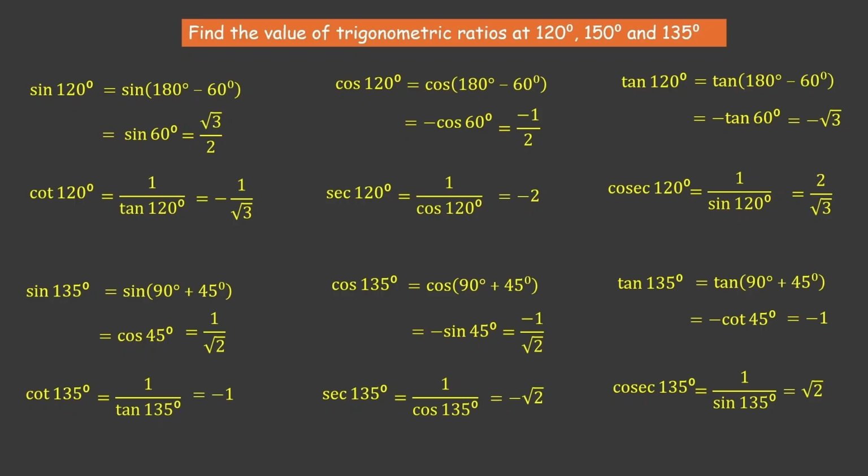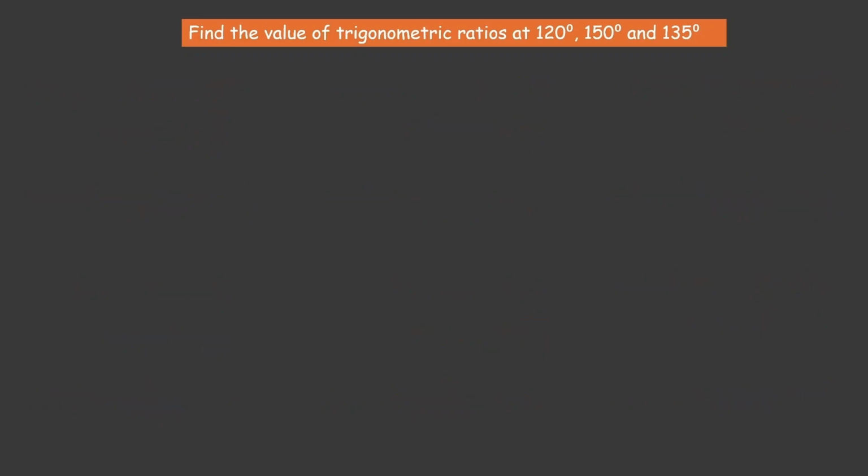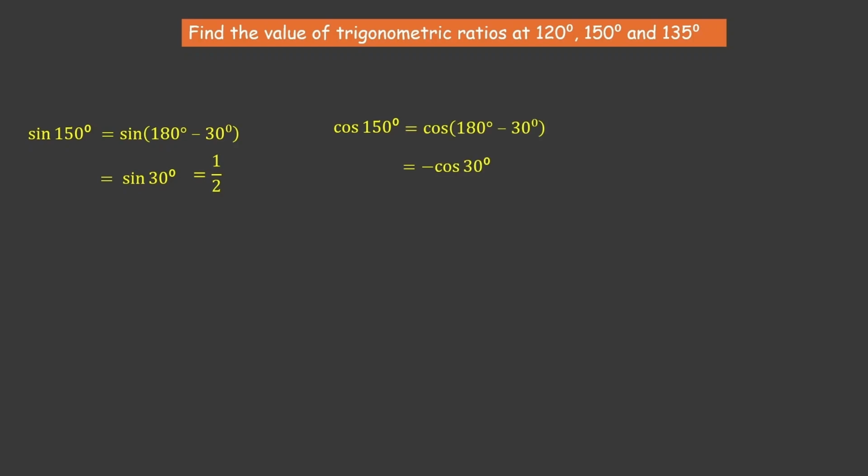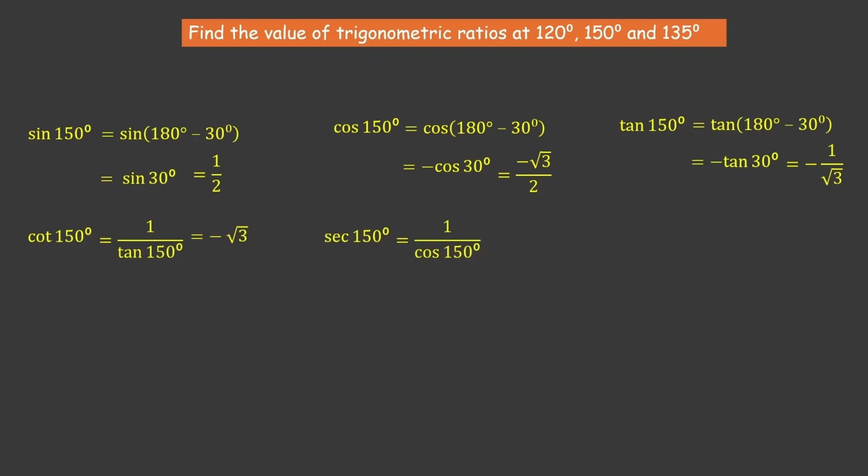Now let us head to the last one, sine 150 degrees. We can write it as sine of 180 minus 30. This is going to be sine 30, which is 1 by 2. Cos 150 is going to be negative cos 30, which is negative root 3 by 2. Tan 150 is going to be negative tan 30. That's negative 1 by root 3. And then the reciprocals. Cosecant 150 is the reciprocal of sine 150. That is, it's going to be